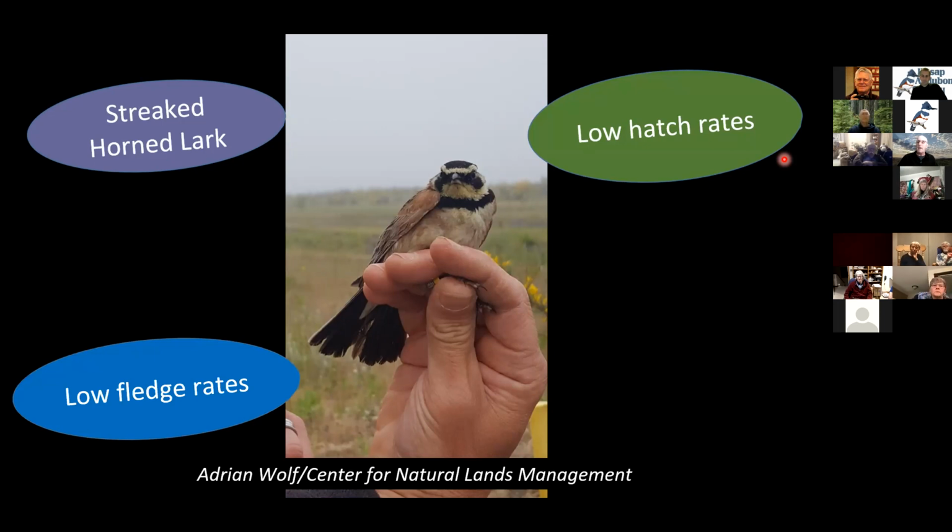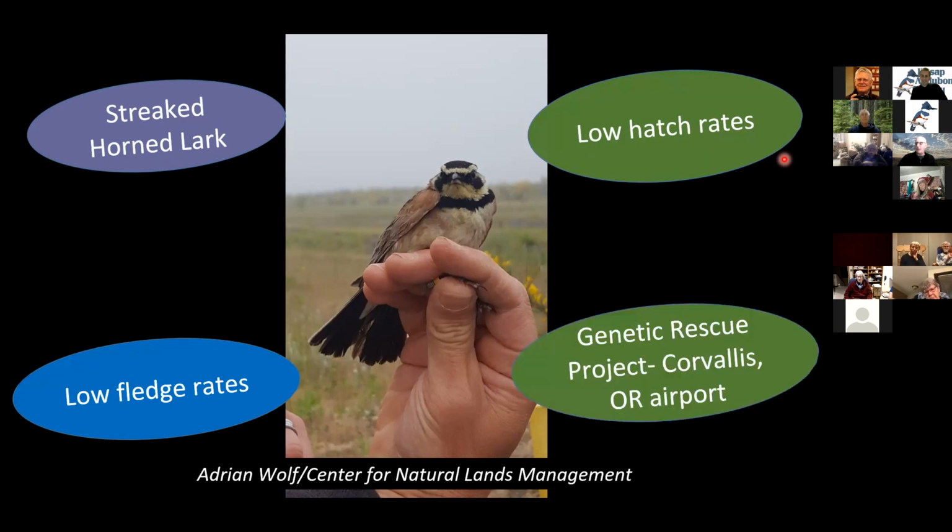So they hatched a plan, again, sorry for the pun, they hatched a plan they called the Genetic Rescue Project. And those of you that saw the Special Birds talk a few months back might remember that the Genetic Rescue Project is just a fancy euphemism for an elaborate kidnapping plot, because what they've done is, biologists will drive down to Corvallis and they will steal a clutch of streaked horned lark's eggs that are genetically different, but still streaked